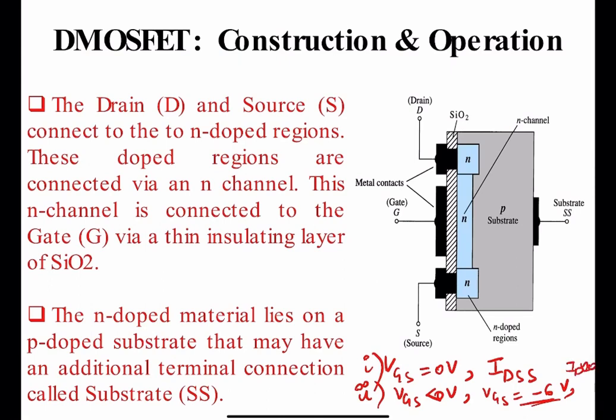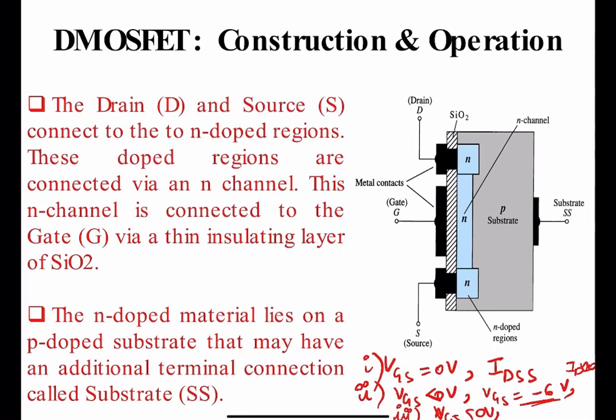Now the third case is whenever VGS is greater than 0 volt, or we can say for a positive value of VGS. For a positive gate source voltage, the positive gate will draw additional electrons from the p-type substrate due to reverse leakage current, and new carriers are generated due to collision between accelerated particles. Therefore, as VGS continues to increase, ID will increase. In this way, application of a positive gate to source voltage has enhanced the level of free carriers in the channel as compared to that with VGS equal to 0 volt.